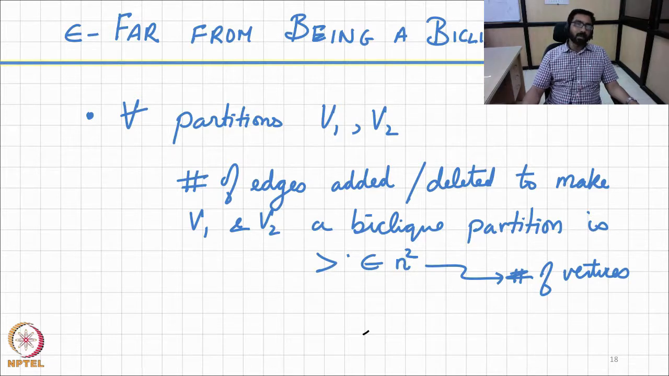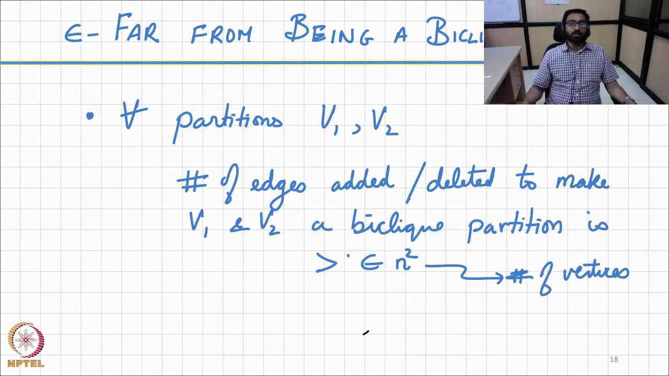So what does it mean for a graph to be far from being a biclique, in particular epsilon far from being a biclique? First of all, what does it mean for a graph to not be a biclique? Well, any way in which you partition it, the edge set should not be equal to V1 cross V2. That's what it means for a graph to not be a biclique. But for it to be far from being a biclique, for all partitions V1 and V2, the number of edges that need to be added or deleted to make V1 and V2 a biclique partition should be at least epsilon